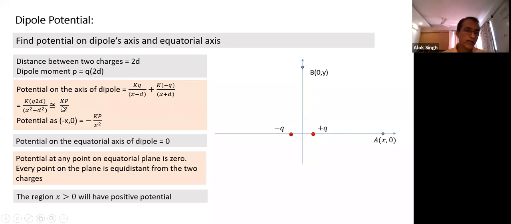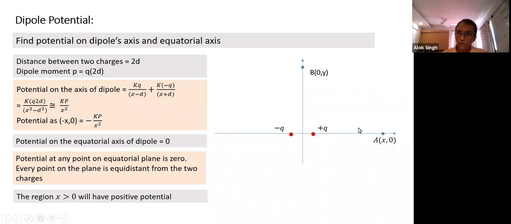And when we simplify, what is the simplifying assumption we make? The distance of the point where potential is being calculated is much larger than the size of the dipole. In that case, I can write potential as kp by x square. Does it make sense why we have x square in the denominator here, and why we had x cube in the case of field? In case of potential, we multiply by, what is potential? Minus E dot delta R. So there's an additional length term in the numerator. That's why there's one lower order term in the denominator for the length dimension, kp by x square.